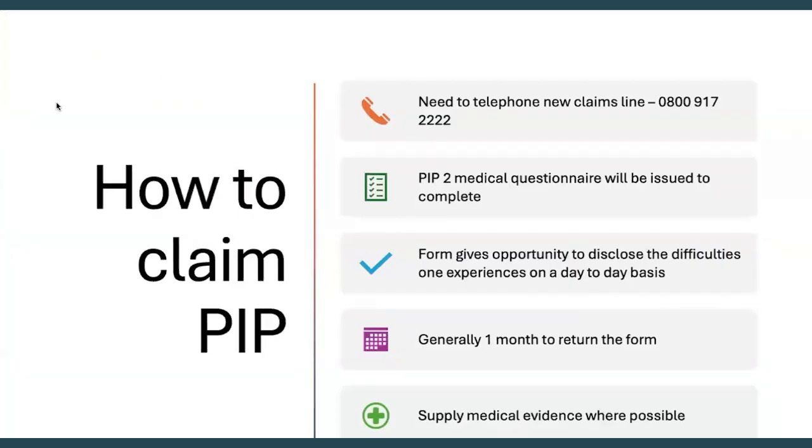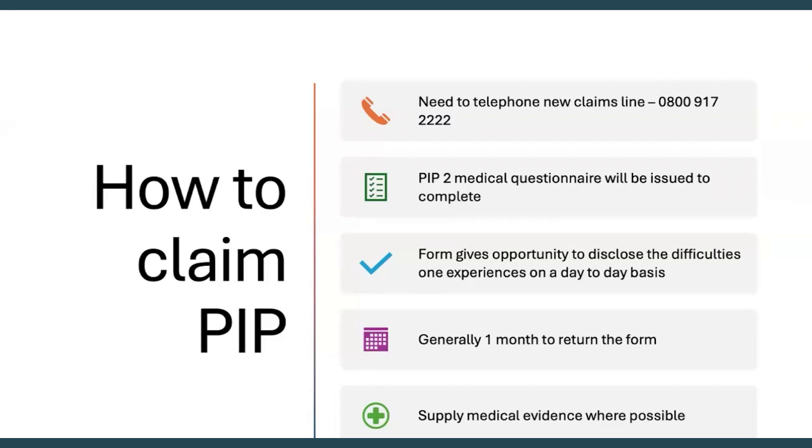So how to claim PIP? The basis to do that is to telephone the new claims line. The number is there, and the number will be available on the Adult Disability Payment website for Scotland. After making that initial call, which will last about 10 minutes, which just captures basic information, name, address, national insurance number,